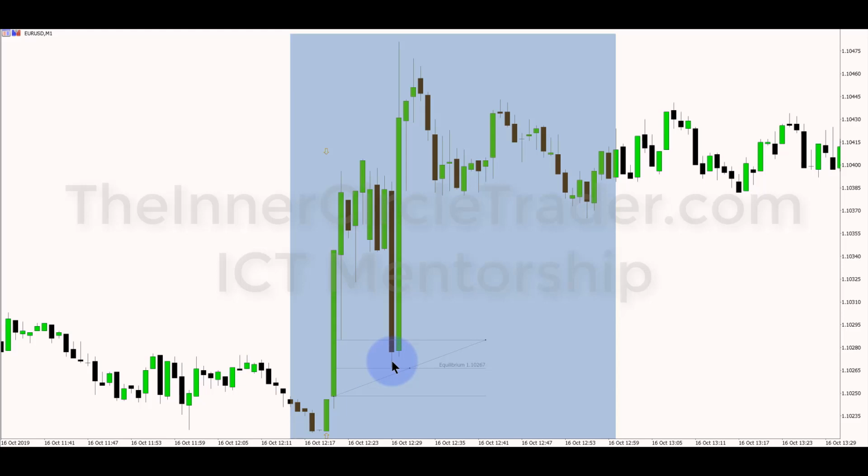But I'm giving you a higher tier analysis concept by showing you what an immediate rebalance is. Remember, there's two forms of rebalancing. There is deferred rebalance, which is fair value gaps. Then there's an immediate rebalance, which is one single candle comes up and the very next candle comes back down. Now, in the scope of this 1 minute candle chart, it's not shown in the same perspective as it would be shown on the 5 minute chart.